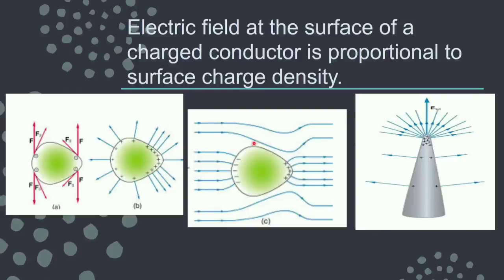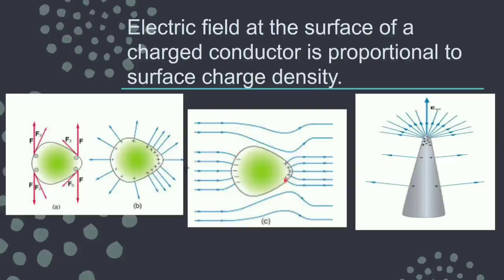In the previous lectures, we have done with the induction method, that if we are bringing some charged body near it, then what happens here? If it is positive charge, here the negative charge is getting induced, and on the other side positive charge is getting induced. So these are the bound charges, induced charges, which are getting there inside the conductor, but they are simply bound charges. So this is the direction of the electric field, and you can see it is not uniform because the shape is not uniform.